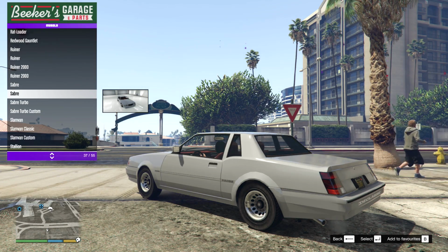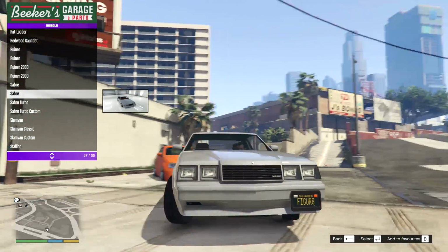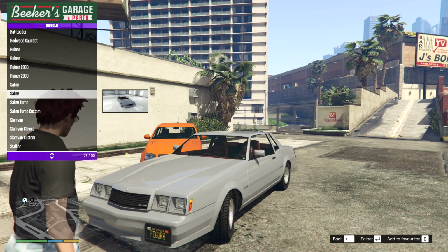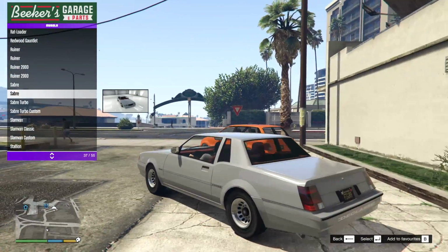Okay, so I'm going to spawn in this Sabre. This is, again, a car from GTA 4. I believe this might actually be from the Vanilla Works Extended pack, but I've got terrible memory. I could be wrong. This might actually be from the pack 4. But what I want to do is, because normally